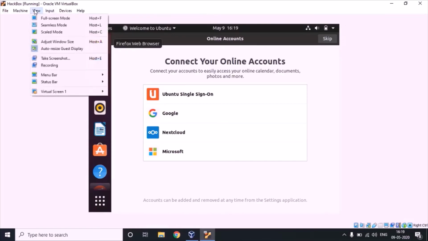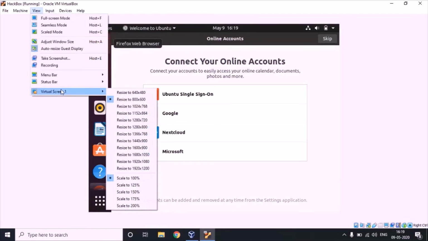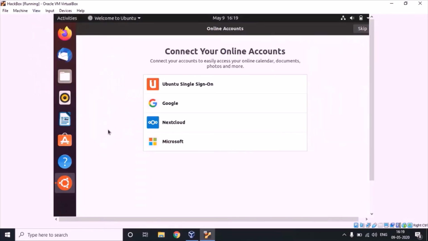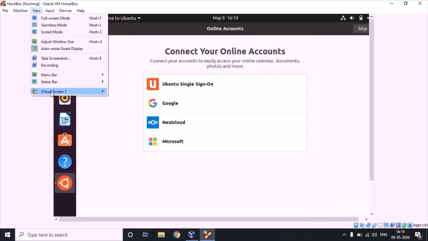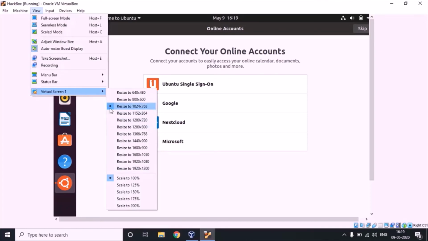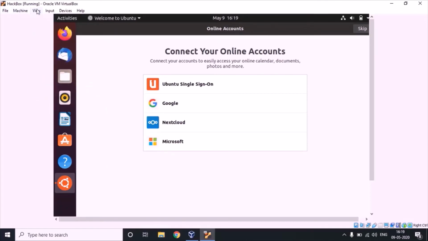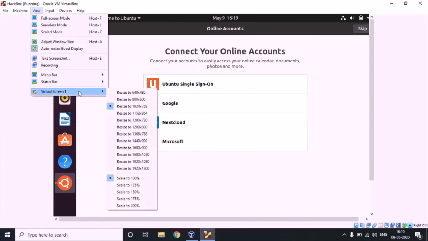Now go to view, virtual screen 1, and accordingly resize. For example, let's say it's 1024. Okay, no. Okay, then select some other option.